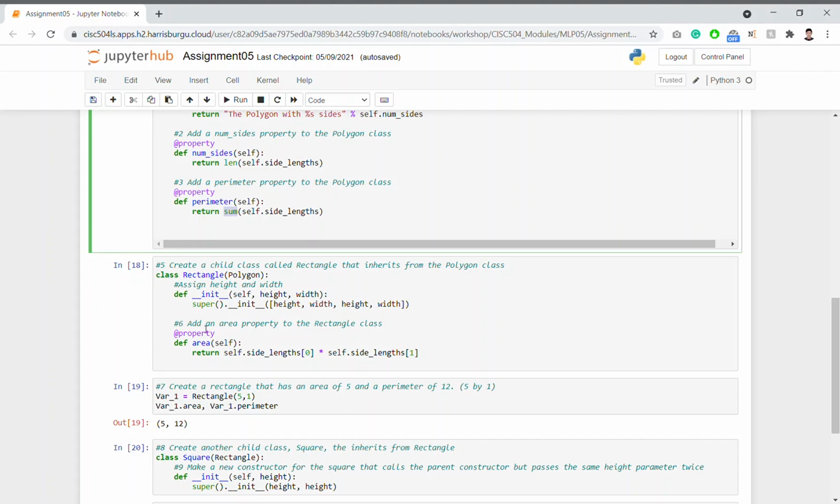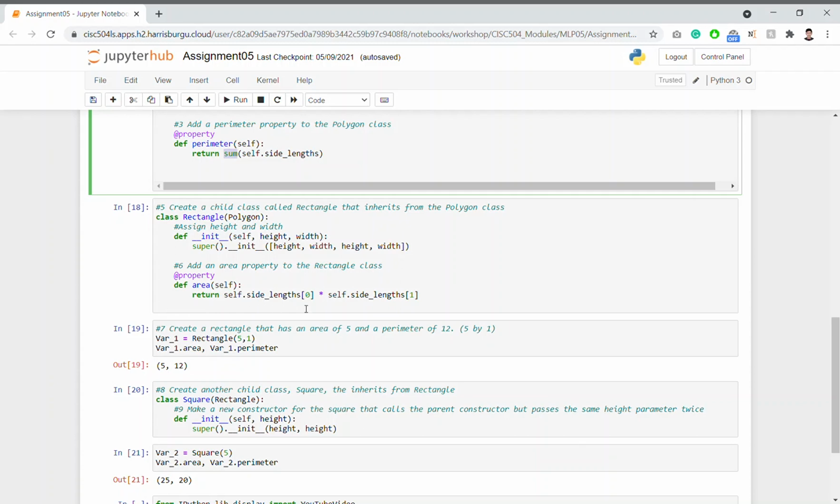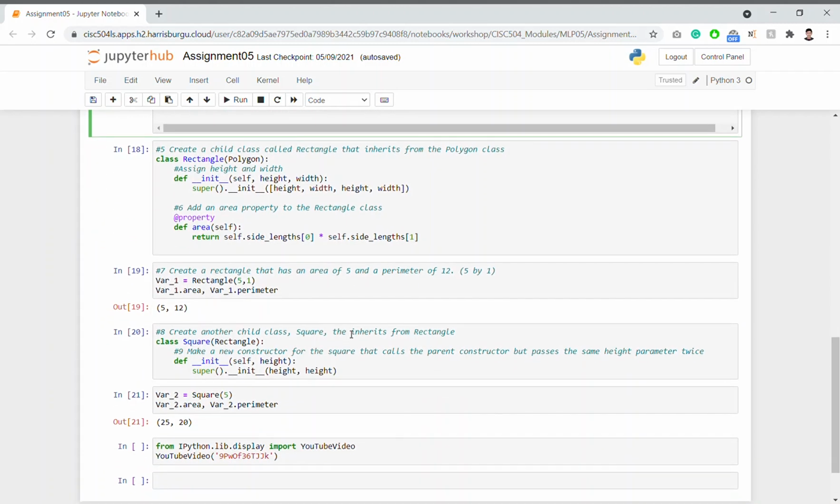And six is to add the area property to the Rectangle class, where the area equals height times width. So I define it using the property, define the area and return it, which is basically the zero index and the one index, the first and second items of the polygon's list. And the seventh is to verify, if I put in a rectangle which is 5 by 1, and see if the area and the perimeter equal the right numbers,